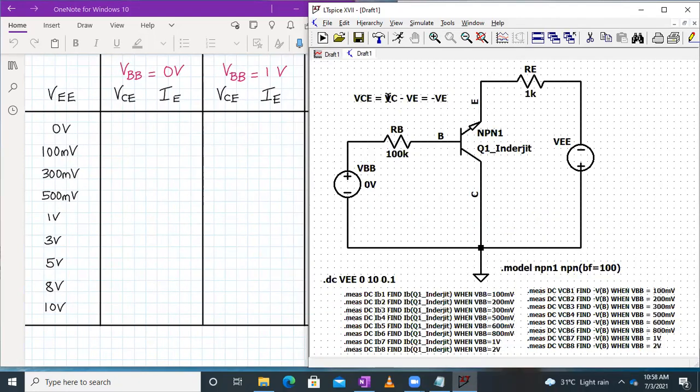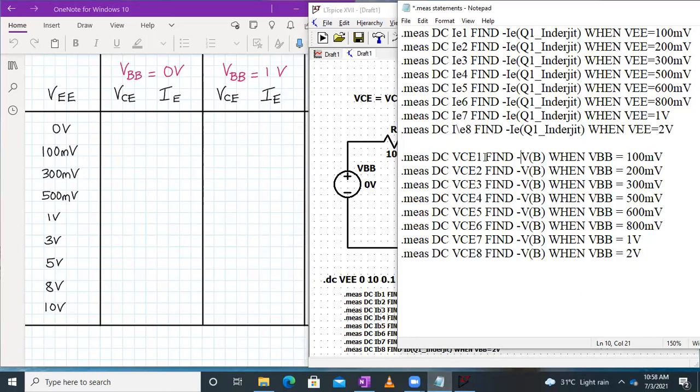So here I will write as minus of VE. And also here I have to change it to VEE everywhere. So these modifications you have to do for the output characteristics.